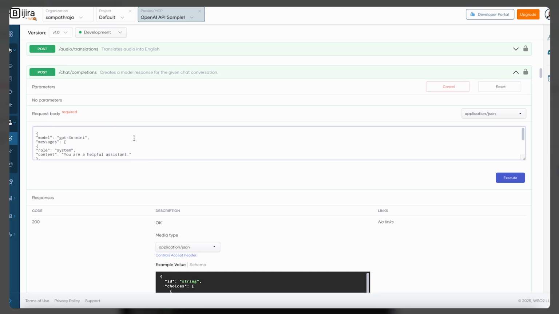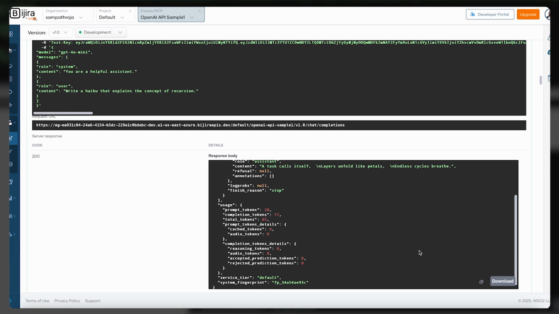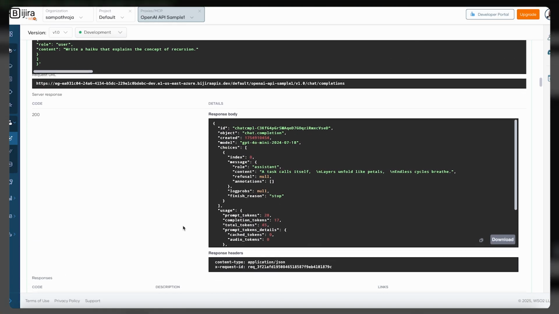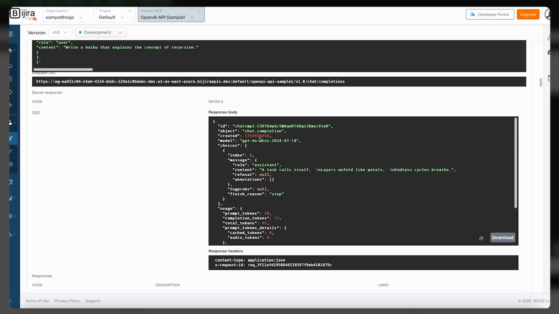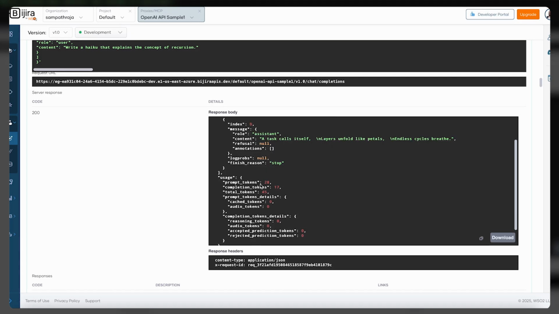In this request, I will be asking to use the GPT-4o mini model, and as the user, I am asking the AI API to write a haiku that explains the concept of recursion. Now you will see a successful response coming from the OpenAI AI API, and it contains the following. It has the usage values: prompt tokens, completion tokens, and the total tokens,